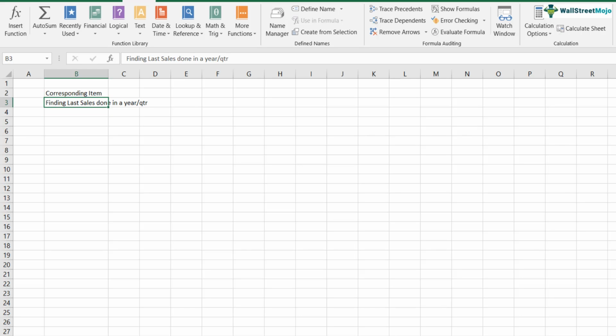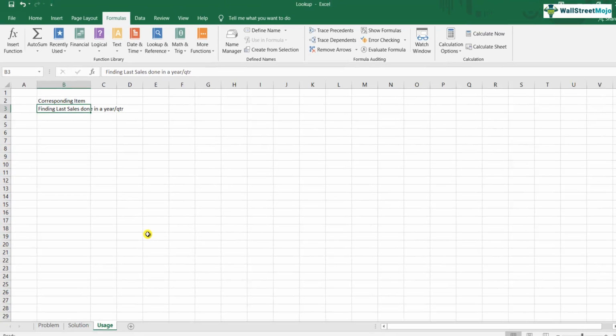So these are the two examples I have given where this particular function is of utmost usage. So that was about lookup. Start practicing it, start using it. Once you start practicing and using it, you will obviously find this very easy and very useful as well.